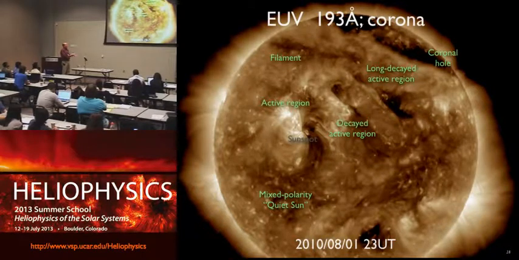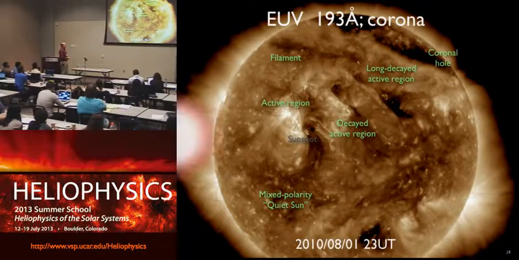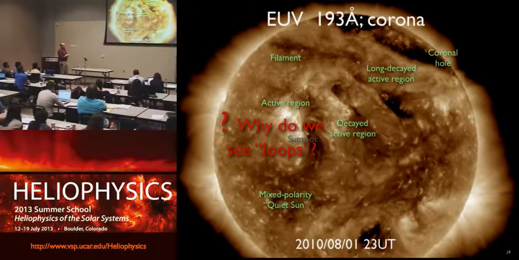We can now see all these things that I've labeled, except the sunspot, because that's a deep-down structure that we don't see anymore. You can guess it's there because it's got this nice fan around it, but you can't actually see it anymore. But we see all these structures that we call loops, these fine strands that dominate all of the atmosphere from the chromosphere on up. Why do we see loops?